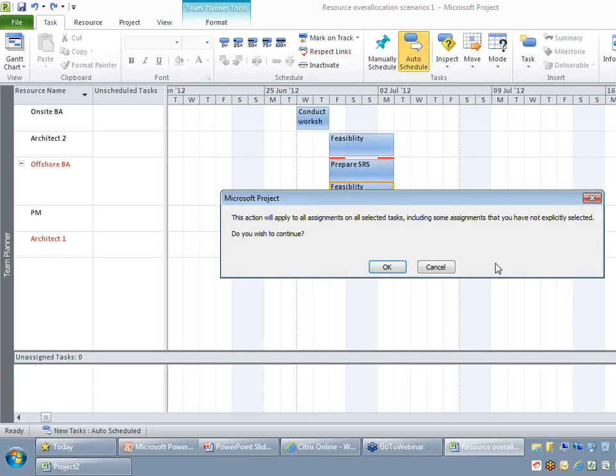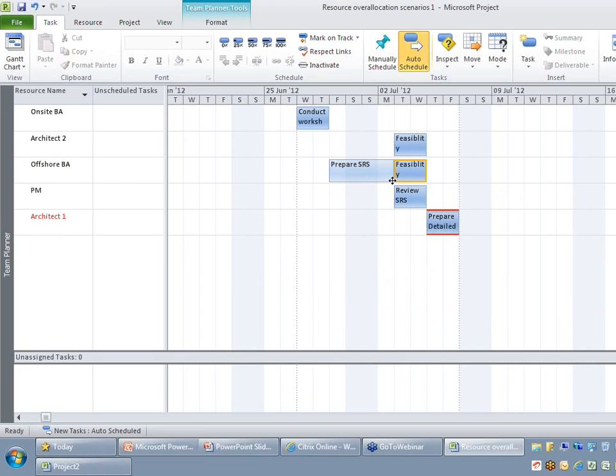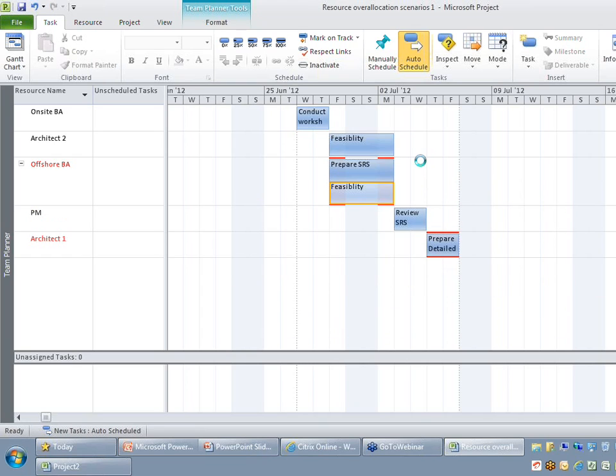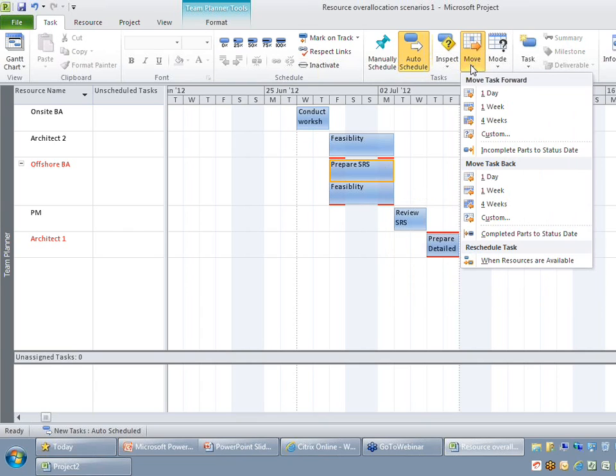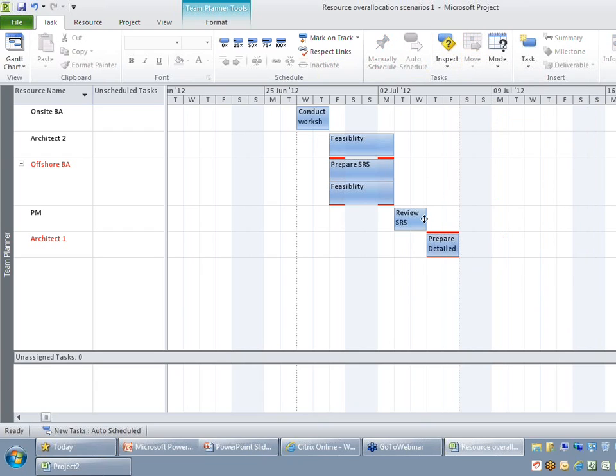So let me say when resources are available. You would ideally be able to see that one of those tasks is getting pushed to a later date. If this is what your requirement is, you can ideally make use of this move